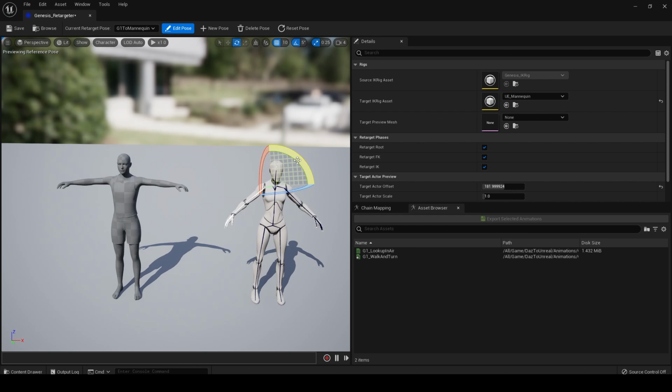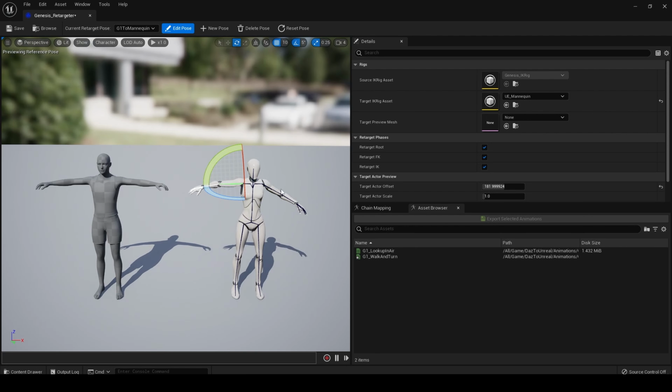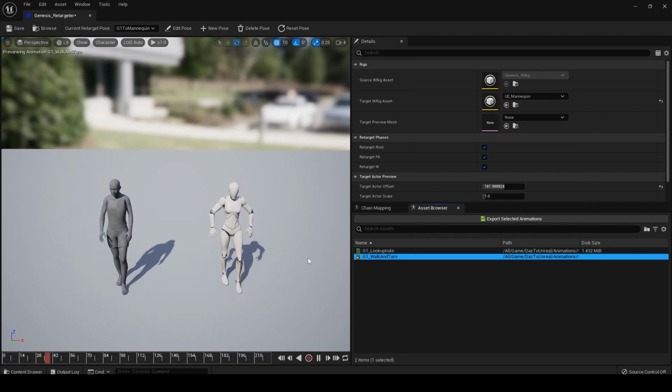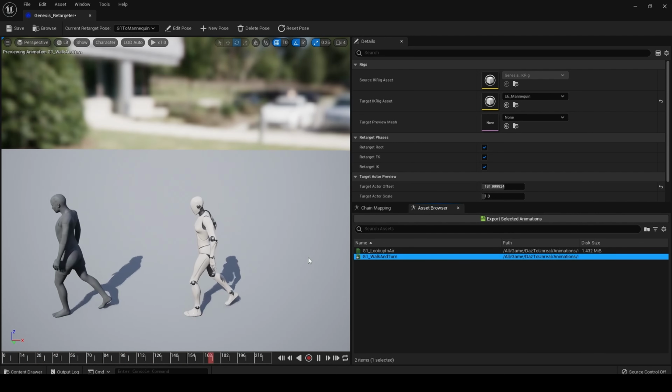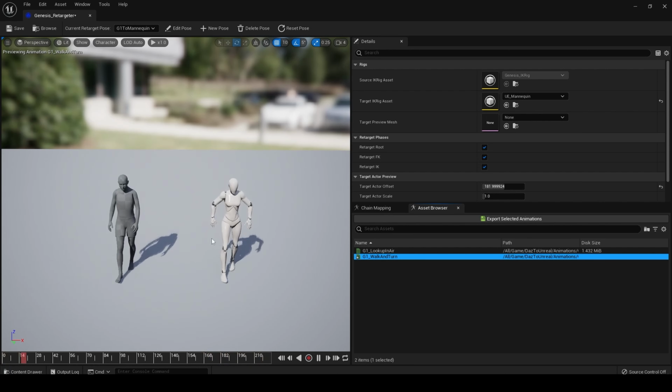Anyway, okay, so we will just pose our character again, I guess. We'll quickly do it this time. Okay, I hope they work that bug out because that one is frustrating. Anyway, that'll do for now. There we go. And then if we click on our walk and turn, there we go. And as you can see, it's retargeted. Obviously, the arms are not bent the same. That's because I haven't sorted out the pose.